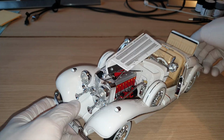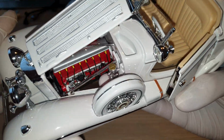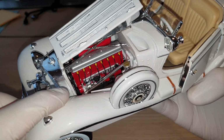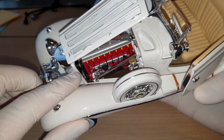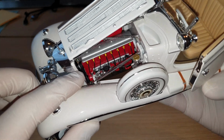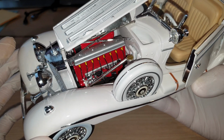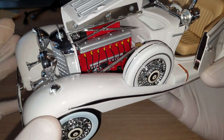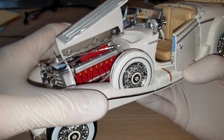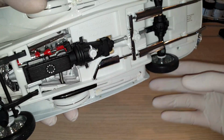So now this is what I've done in terms of custom painting. I actually looked up on Google Image to try and find a Mercedes 500K engine, and I painted it based on a photo that I found through Google image search. So in order to do that, you just have to unscrew,